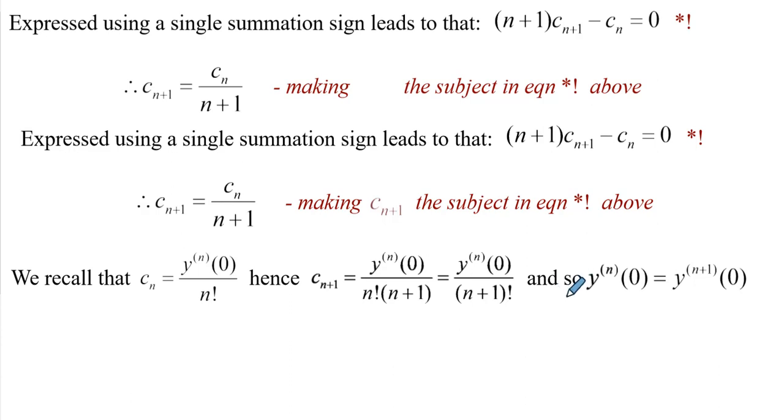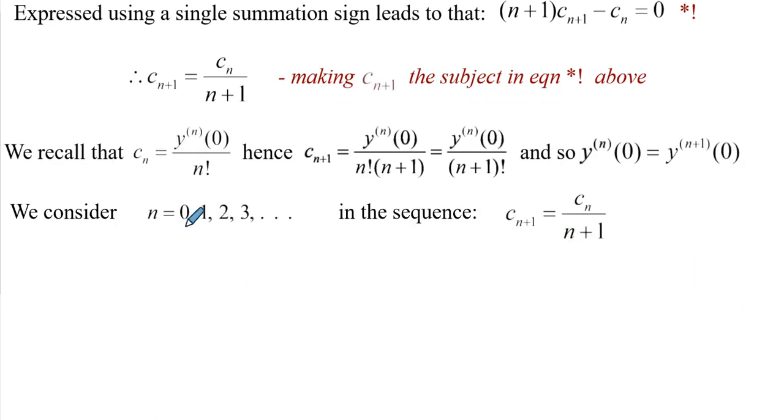And so we note here that the nth order differential coefficient evaluated at 0 is equal to the (n plus 1)th order differential coefficient. That's what you can conclude from here, because this one is actually equal to c_(n+1). But in c_(n+1), the coefficient, we must expect here the (n plus 1)th order differential coefficient, which is this. So we note that. That's important to know. Then moving forward, we can now consider n running from 0, 1, 2, 3 up to infinity